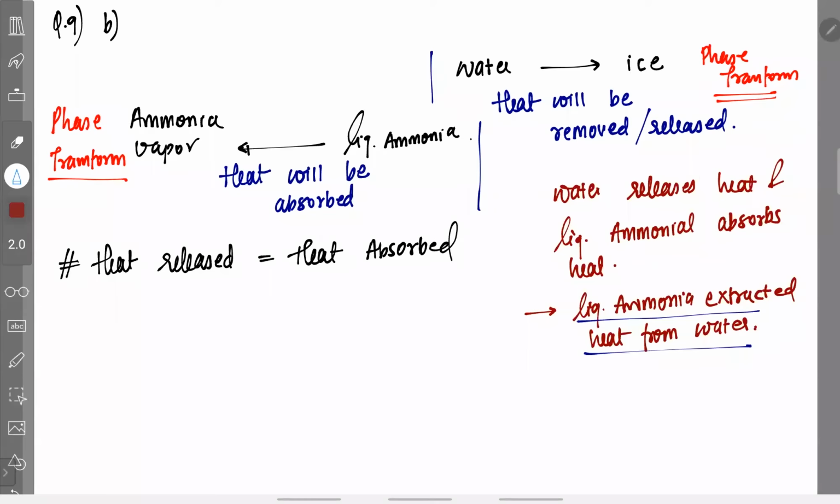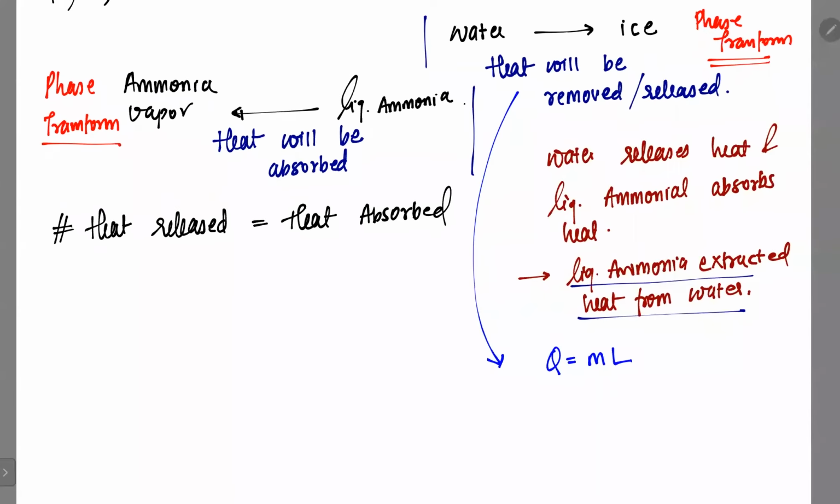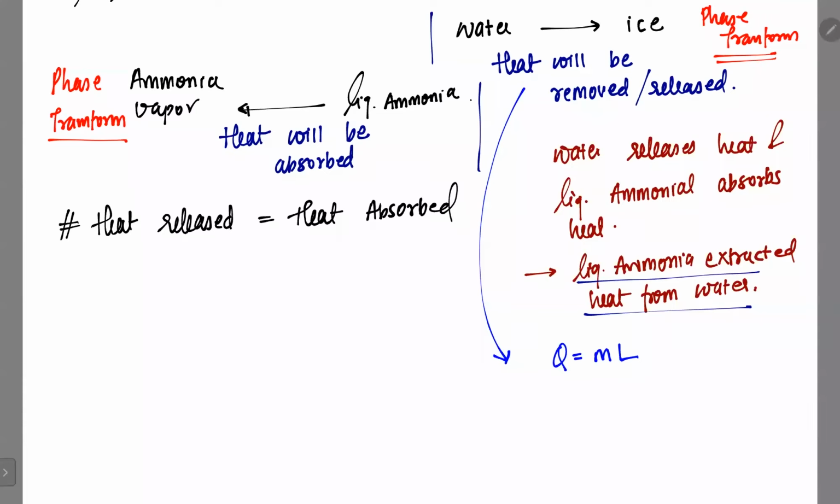We will solve this one by one. कैसे करेंगे? First, I'm solving this case. The formula is going to be Q is equal to M into L, right? Yes. So can I say that in this case, I will say that Q released